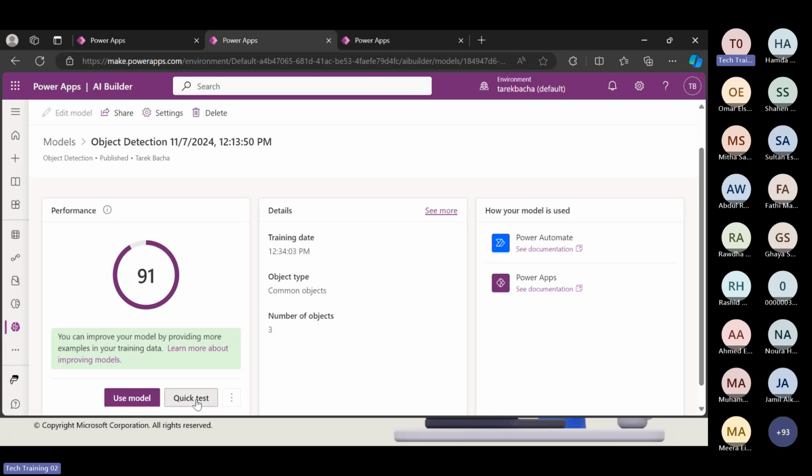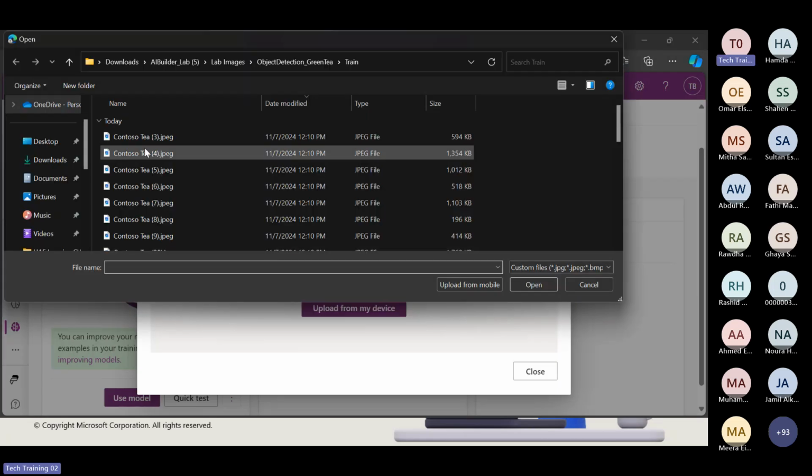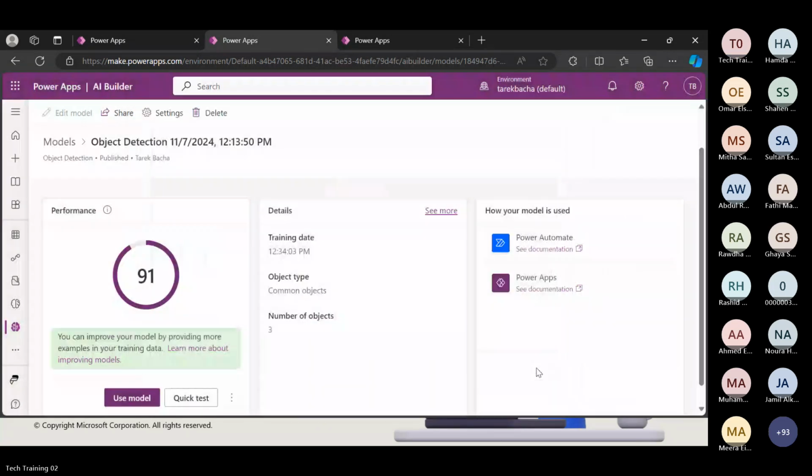Okay, so quick test, it will upload, and it will try to identify the object. Okay, green T xenon is 89. It's the same. I can start over and test all my pictures. Of course, you know that